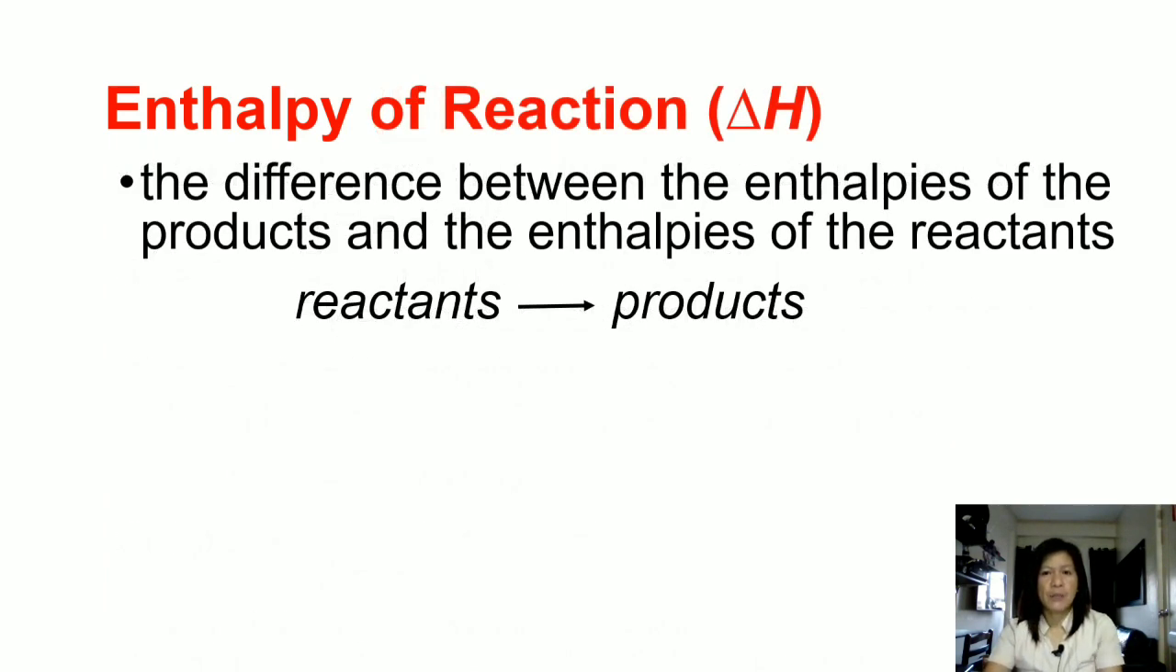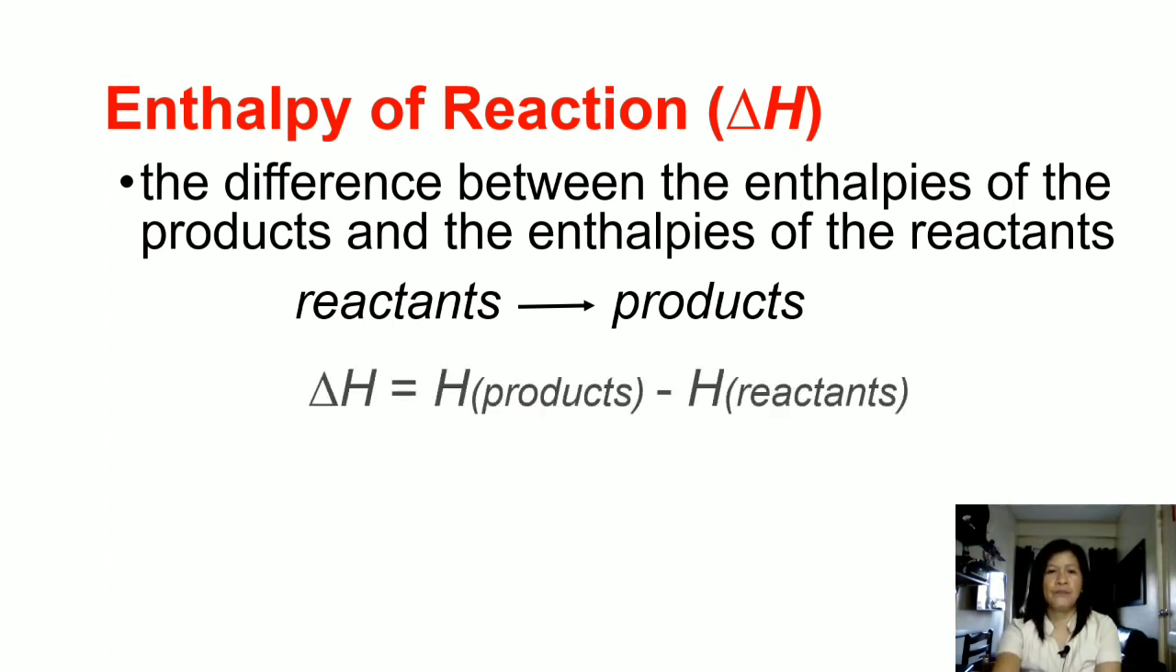What is enthalpy of a reaction? This is denoted by delta H. So delta H, enthalpy of reaction, is the difference between the enthalpies of the products and the enthalpies of the reactants. So earlier, we talked about internal energy. We assumed that there are internal energies for reactants and products. There are also enthalpies for reactants and products, and change in